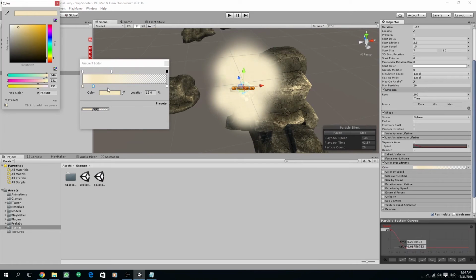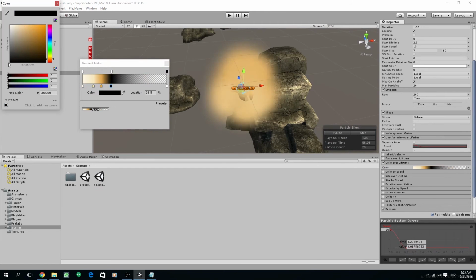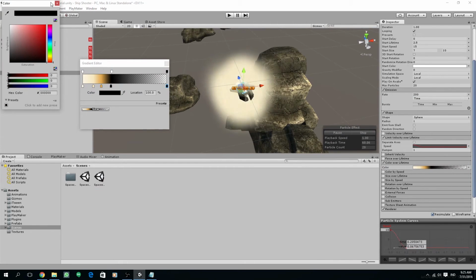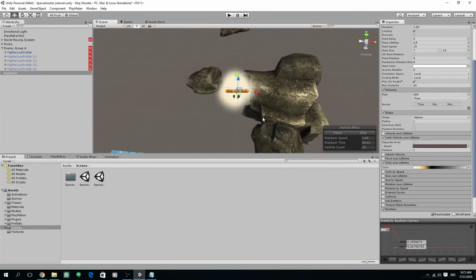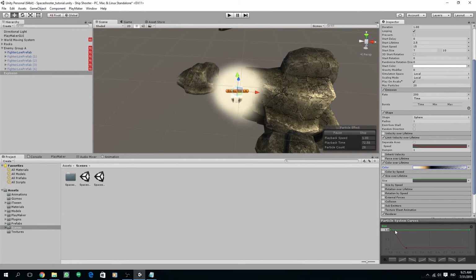Okay, maybe around this value here, and the third one is going to be an orange color, and the last one is going to be a black color, and the last, of course, this should also be black. So there, as you can see, we have an explosion, and we are going to also set the size over lifetime. So first I'm going to create a new key here, but the first key I'm going to make this very small,